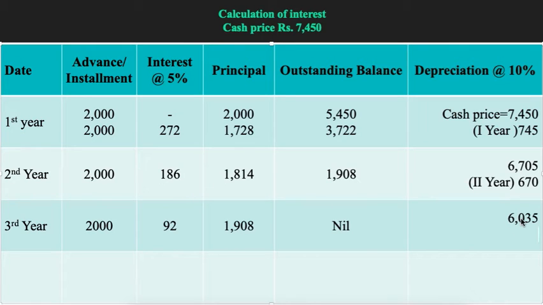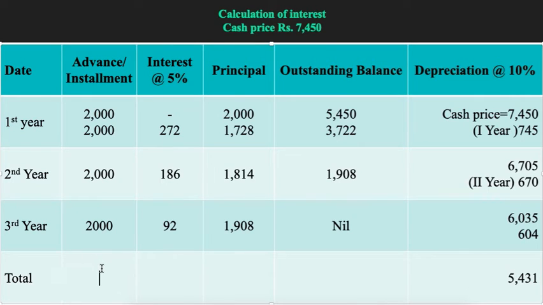So this is the value of the asset at the end of the second year, but we are going to again depreciate it at 10%, 0.1. So how much we are going to charge is that when we multiply 6035 rupees by what percent? 0.1, we are going to get 604 rupees, right? 604 rupees, and the balance here is how much now? 6035 minus 604 is how much? 5431, right?